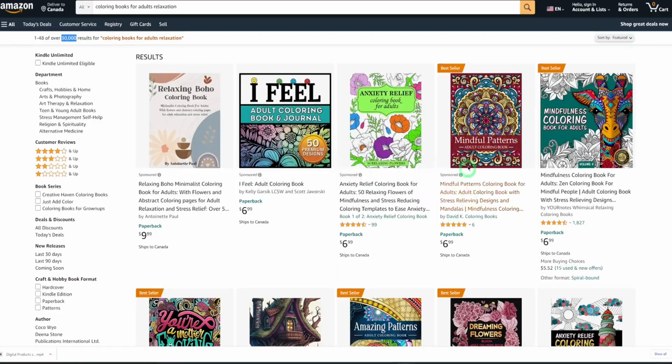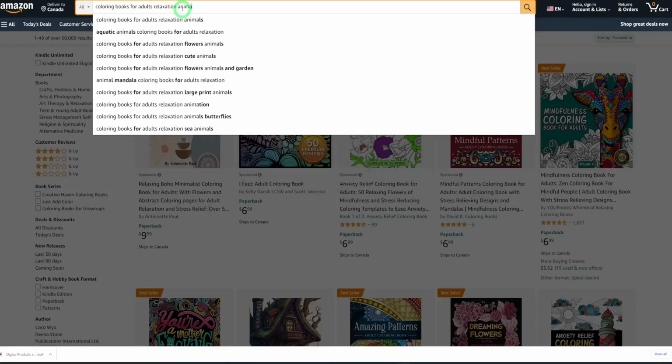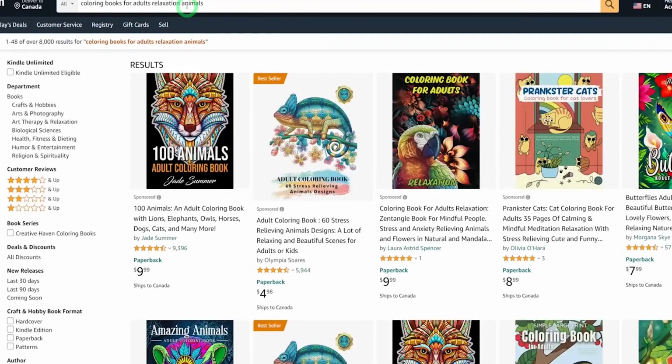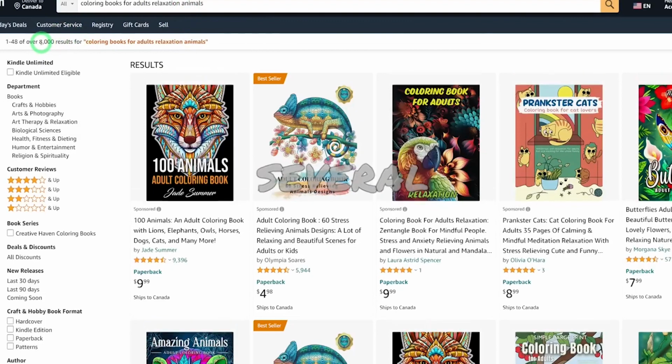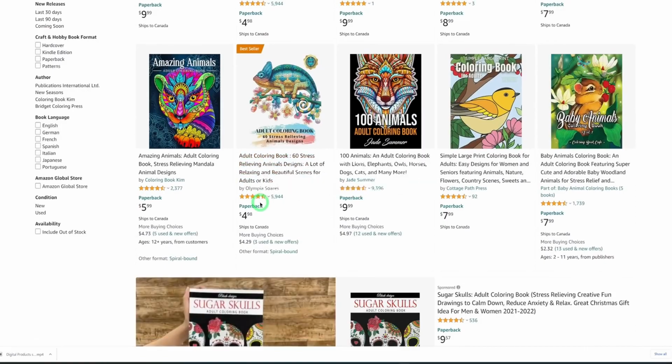Within this category, we find various themes, such as patterns, animals, flowers, and motivational coloring books. For the purpose of this exercise, let's go deeper into the animal niche. As we narrow our focus, the results decrease significantly to around 8,000. We can identify several best-selling animal coloring books within this niche. Now that we have reduced the results to the animal niche within adult coloring books, our next step is to